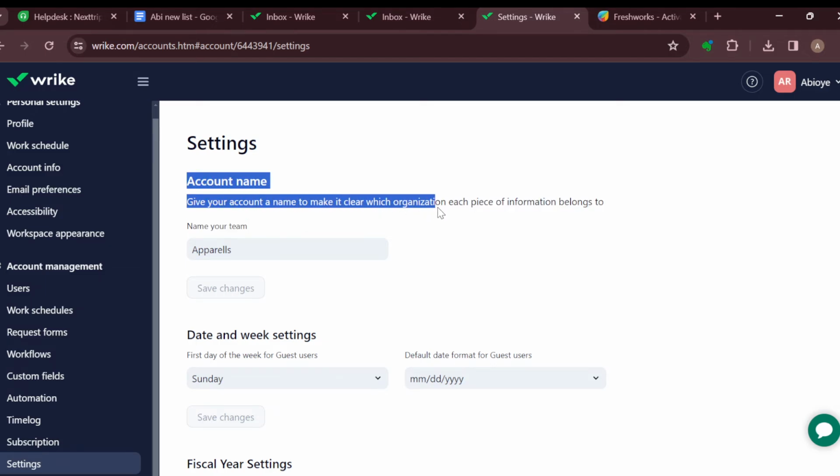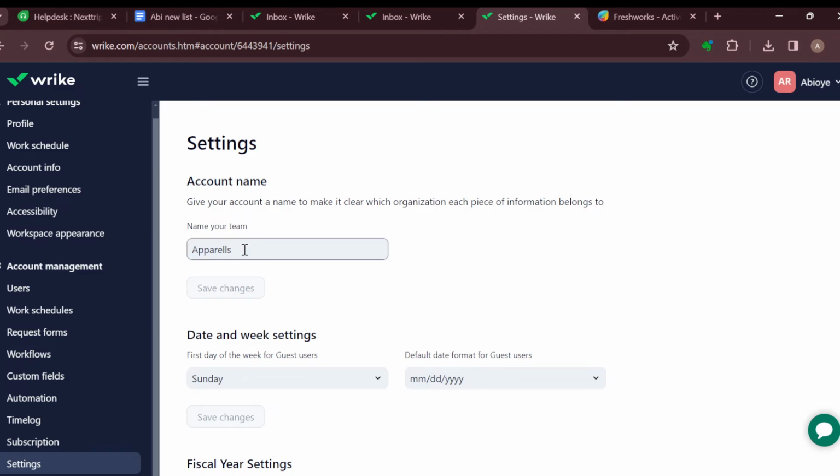Give your account a name to make it clear which organization each piece of information belongs to. Then you can just go ahead and name your team this way. For me, this is the current account name I'm using. So if I want to edit this, I'll just